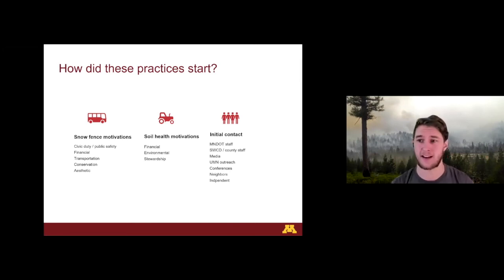Another, I would say the secondary, the other largest motivation for the snow fence participants is financial. Particularly in folks doing standing corn rows, we're seeing they'll weigh the cost against the commodity prices. So if corn goes up, they're less likely to leave that corn standing. But it is a way to hedge your bet. An annual rental agreement with MnDOT is giving you a set guaranteed income regardless of commodity prices, and usually it's a pretty decent return.